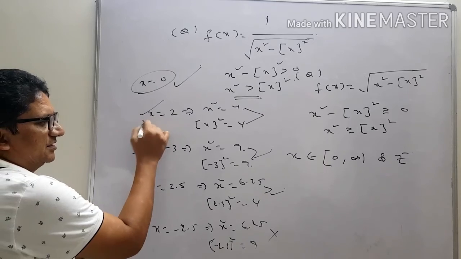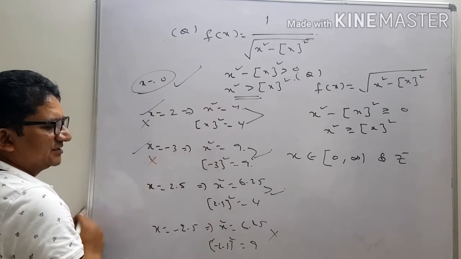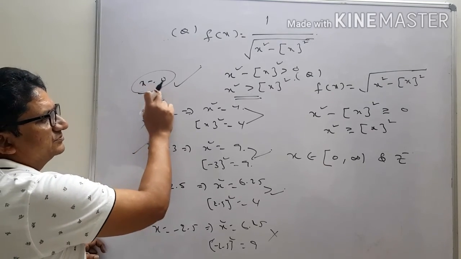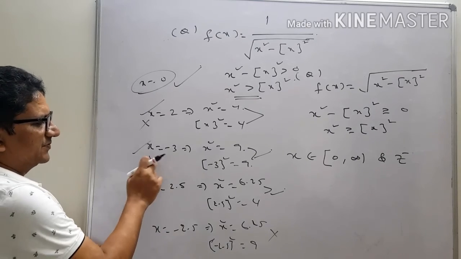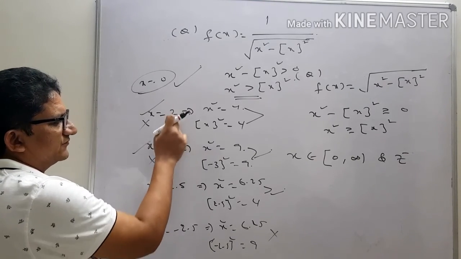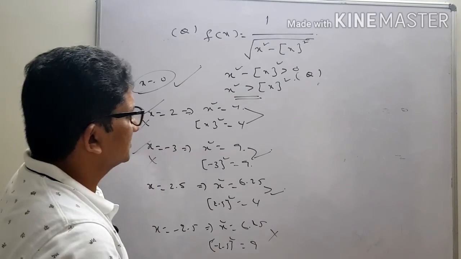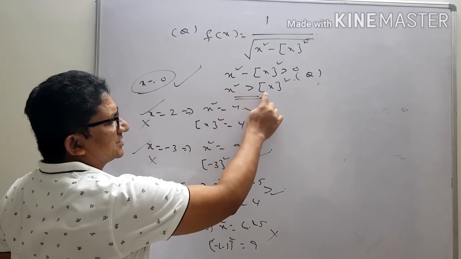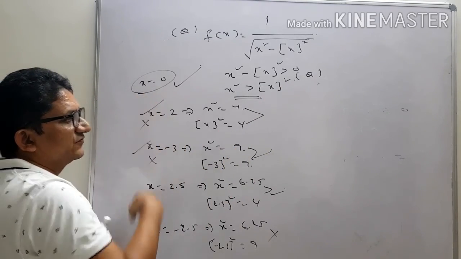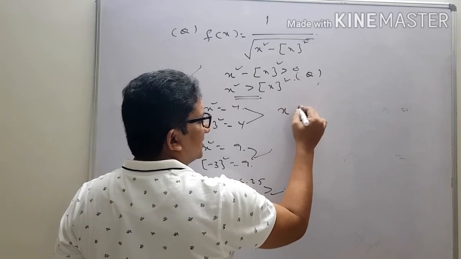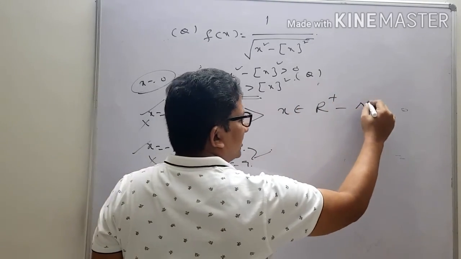That means positive integers fail because we will get equal. Negative integers fail, we will get 0 is greater than 0, so no meaning for that one. So that means all integers failed here. So positive integers failed and negative integers failed. Next, we need to maintain x² is greater than (step x)²; positive integers fail, negative integers fail, and 0 is also failed. Then we can write the result as x belongs to R plus, excluding natural numbers.